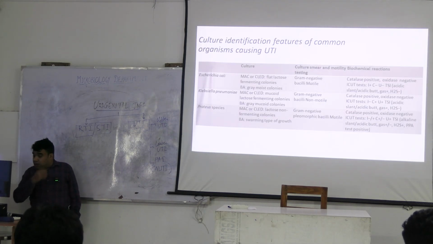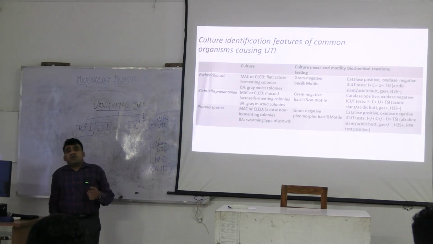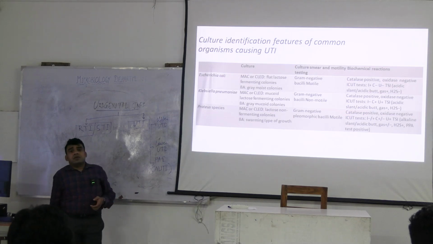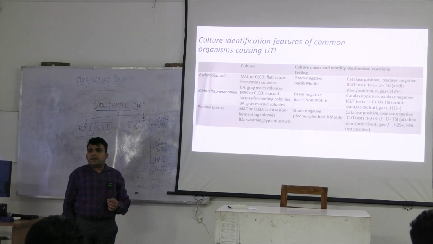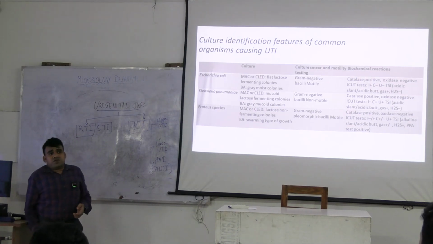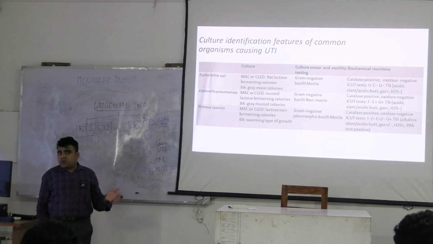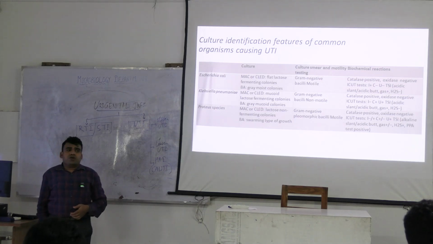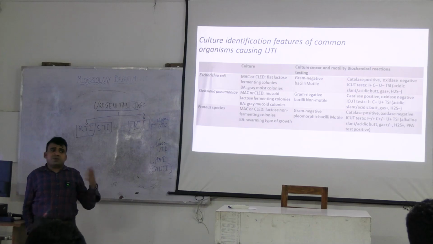Okay. Now, very commonly we can find these organisms. How can we identify? Suppose the causative agent is an E. coli. We have all been taught about it. It will give pink colored colonies on MacConkey agar because it's lactose fermenting. And how can you differentiate it from Klebsiella pneumoniae? By biochemical tests and motility. Klebsiella will be non-motile, E. coli will be motile, and Klebsiella will give positive urease production and citrate utilization,